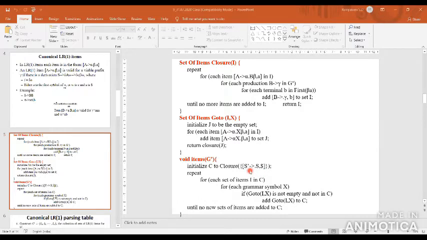So in the augmented grammar, you have to add the dollar symbol after the comma. For the augmented grammar's production, after the comma it is always dollar only that you have to specify. So what about the next production? Based on the production, you have to check the lookahead symbol. Okay, this is for the lookahead symbol calculations.